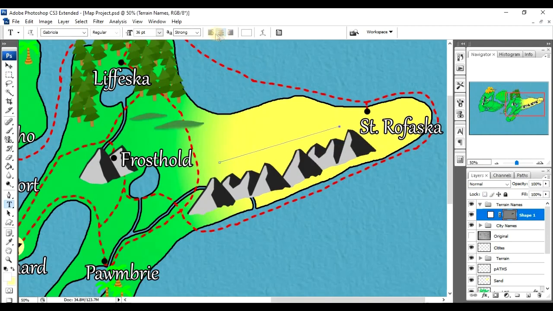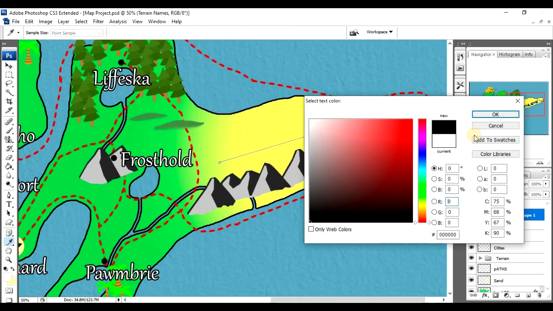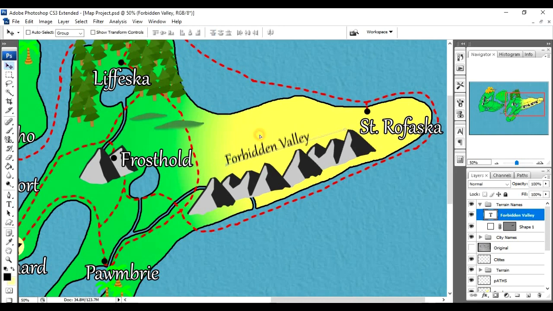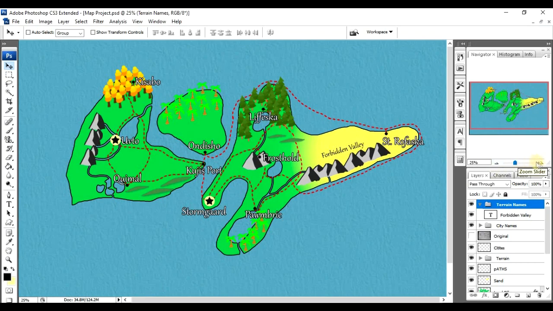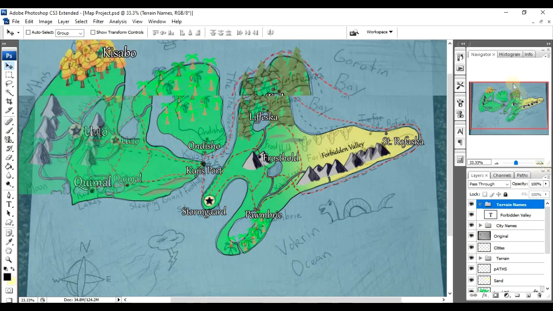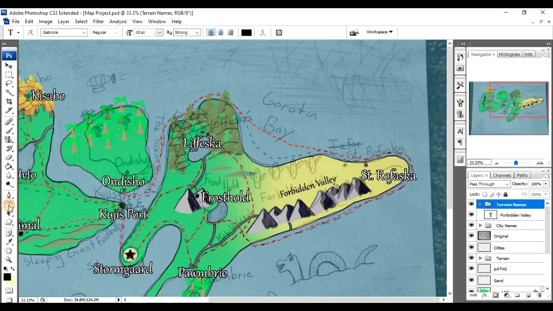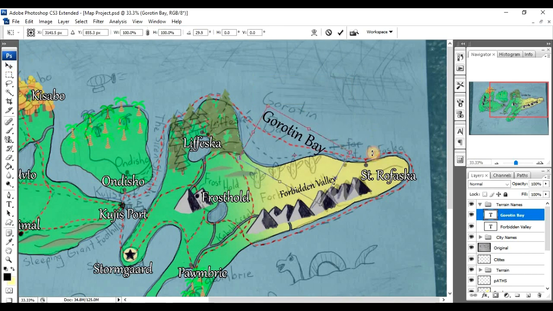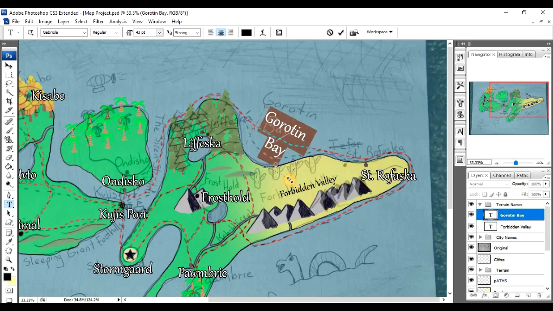For the next part, press P to get the pen tool and draw a line where you want to name something. Press T again, and if you click on the line, then it'll draw kind of along that axis. And so I'm going through just using black text now to name all the little things. So for this one, I don't want it necessarily along a different axis, well, kinda, but I'm just gonna actually rotate it to get it where I want to. So Control T